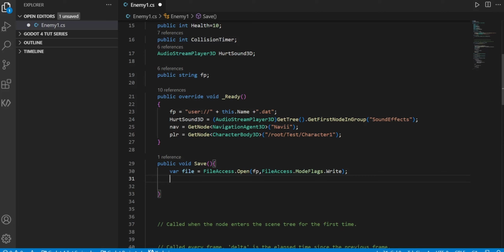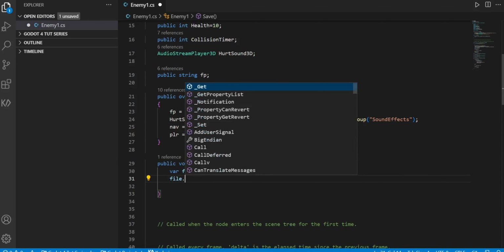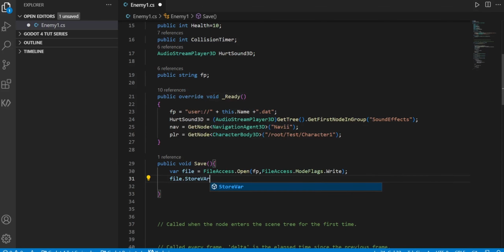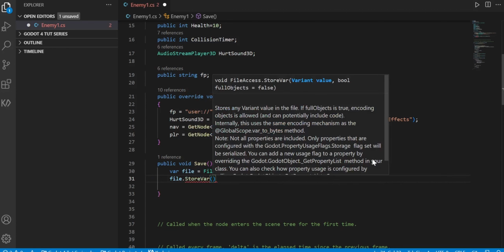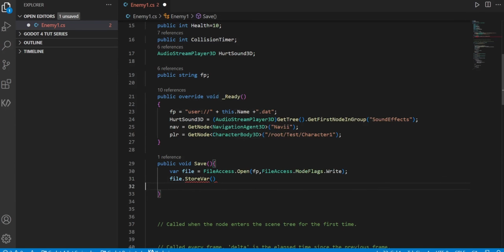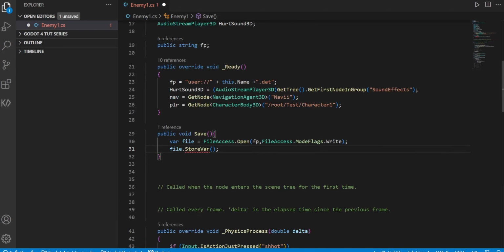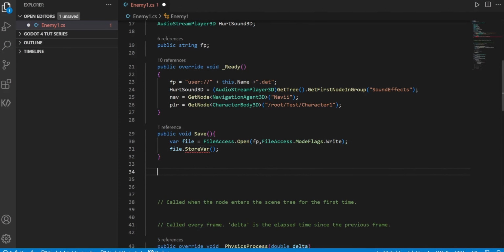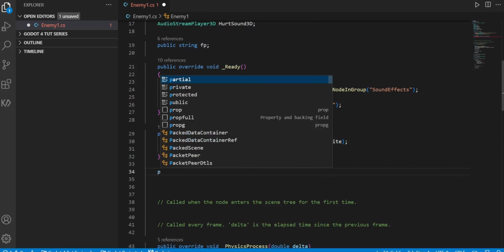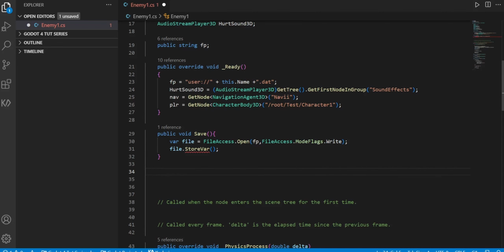So to do that, use the file.storeVar function, but that's a problem here. The storeVar function takes a value as its argument. How surprising is that? And the value must also be a dictionary. How surprising is that? So to actually make it work, we need to make another function that gives us the enemy dictionary, and we need to put that enemy dictionary into another variable, and then we need to put that here. So much trouble we're going through, right? But we will overcome this by making